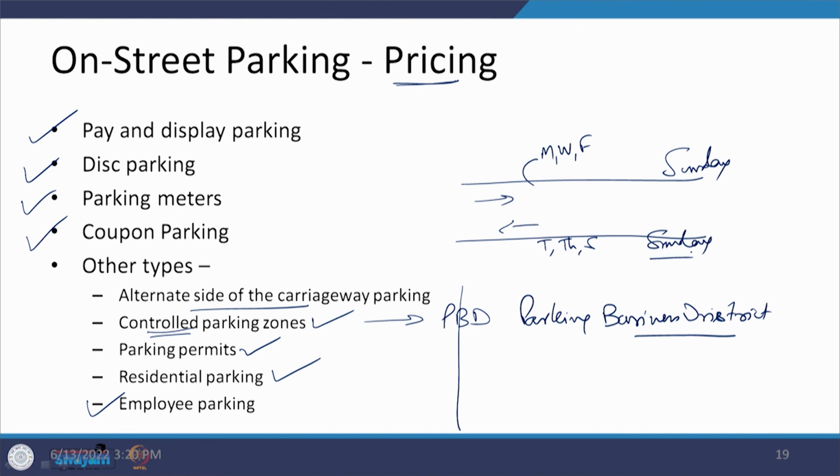So, this is a type of alternate side parking which can be there, or there may be a possibility, if the carriageway width is restricted, that we can say on even days on this side and on odd days on the other side the parking will be there. That helps in the sense that whatever the development and economic activities are there on these two areas, they are going to be affected equally. So, it is not that one is being affected more as compared to the other one.